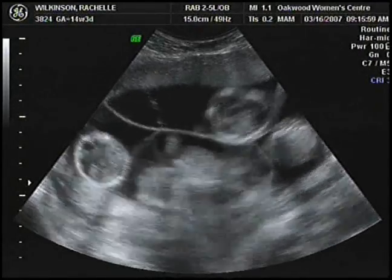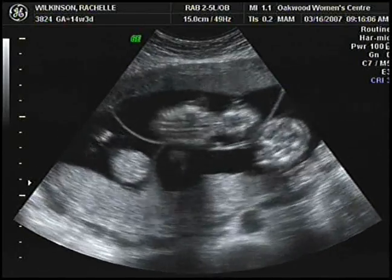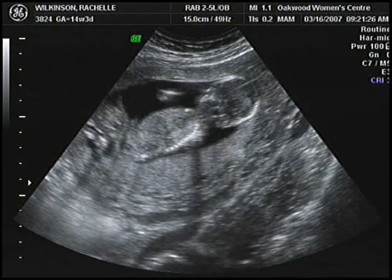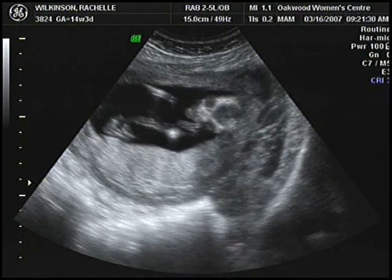Right now we're looking at a view of all of them. You can see various heads and abdomens in this shot. The next thing I chose because I like the little wave that the baby does. It's fairly interesting right here, and you can see hands, a little bit more detail on the fingers than you